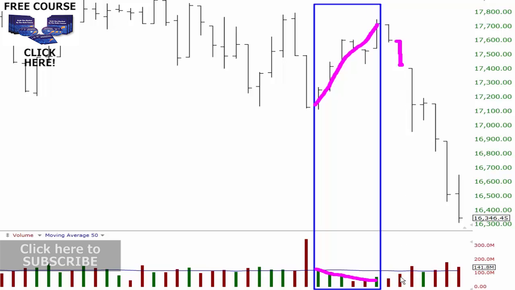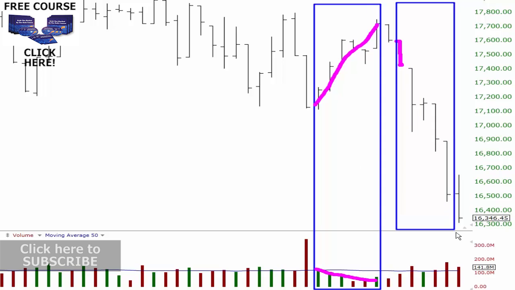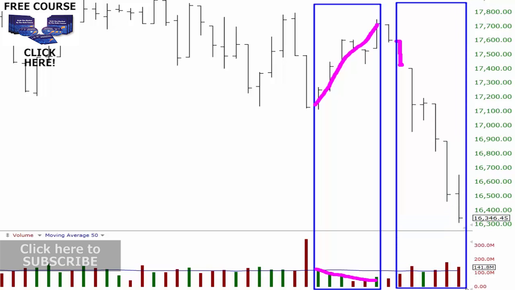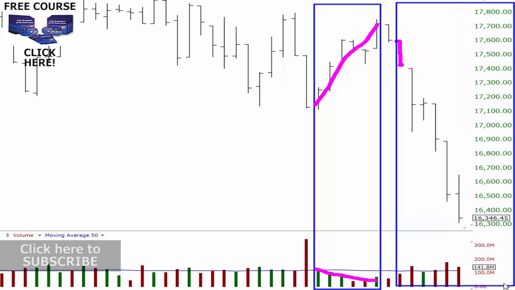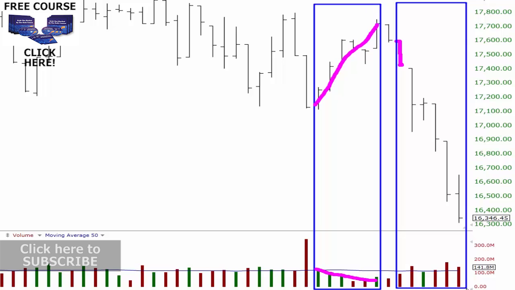Look what happened to the volume. We started to get a bit more of a spike in volume. Now that was the first key, but look at this here. If I draw a box now around from this level here down to where we are right now on the actual charts, and we'll just box this out through here, we can see that the volume on this is a